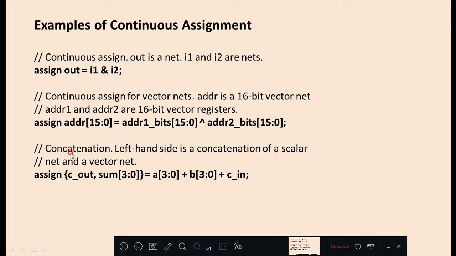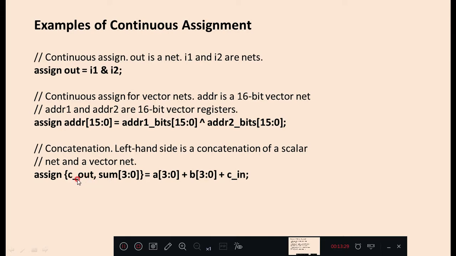One more option, as we have discussed previously, is the concatenation operator. Concatenation means, for example, if you are implementing a 4-bit ripple carry adder, or any 4-bit adder in general, the final carry out, Cout, that is generated acts as the 5th bit of the sum. Sum bits 0 to 3, the 4-bit sum, are generated. Cout will act as the final carry, which is the 5th bit of the sum.